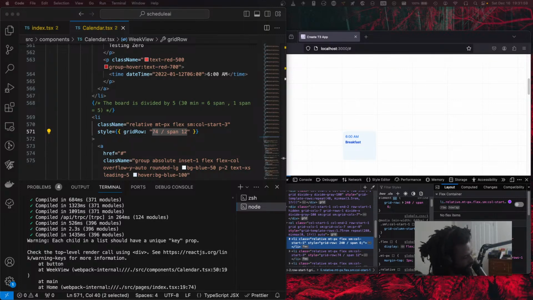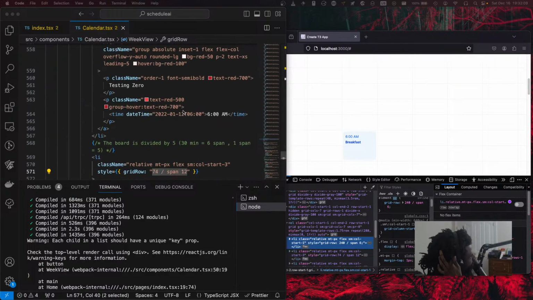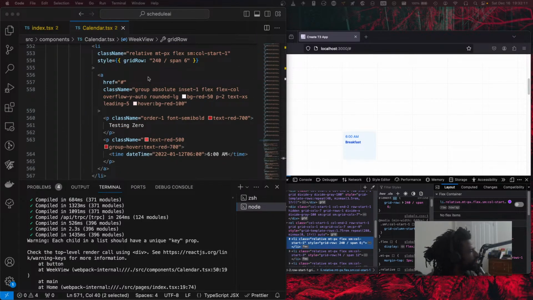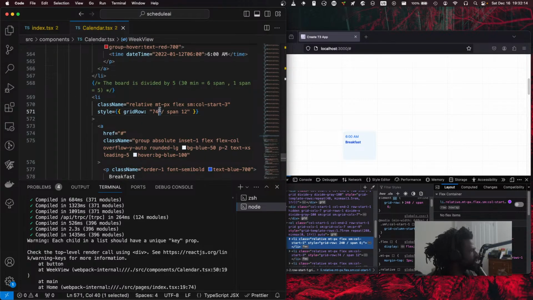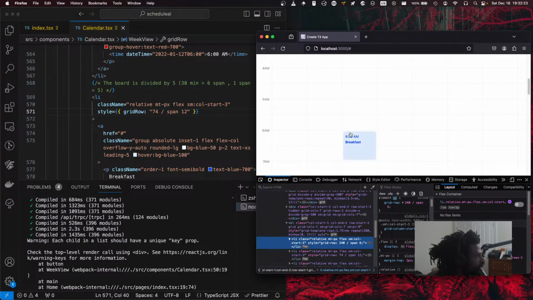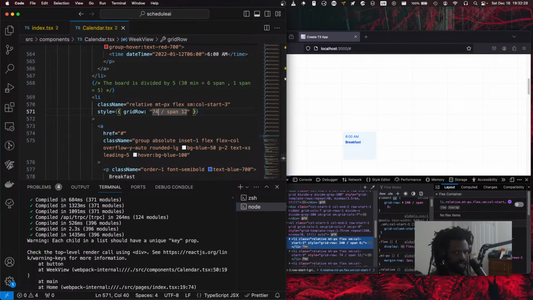(74) divided by 5, or divided by 1.5 or 1.75. What happens if I do 72? It moves it up a little bit. I want to go up an hour. How do I go up an hour? My guess is 1.75 times